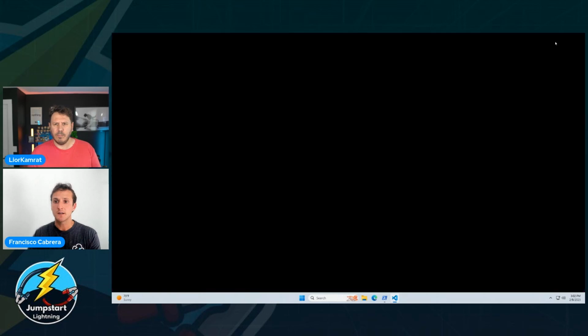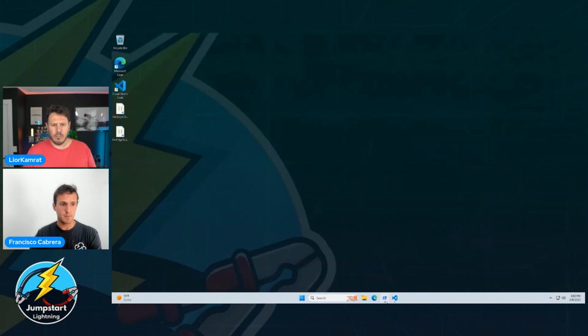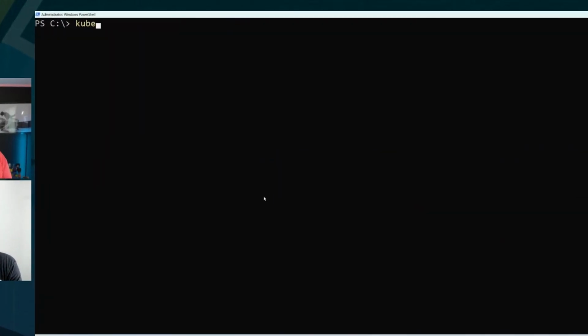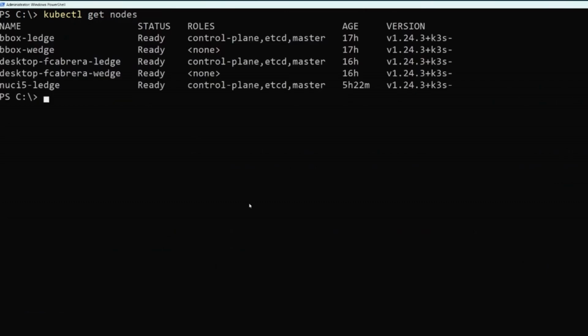Okay. So now let me go here and open PowerShell, and I can run kubectl get nodes. If you can see here, my machine is called VBox. So we have a Linux Edge and a VBox Windows Edge, and also the other nodes in my other machines. So if I do kubectl describe node and VBox Ledge,